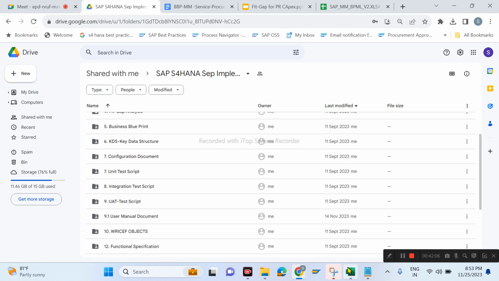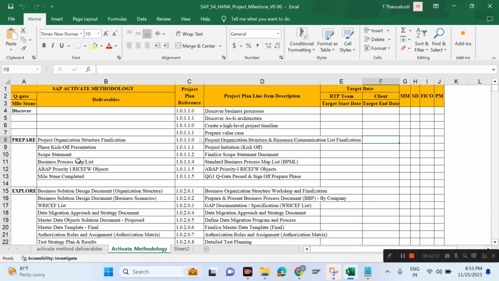Next I will quickly go to this document. Then I think you'll come to know what the deliverables are. I talked about the scope document. I have talked about the BPML. So now, phase by phase, what are the deliverables we are going to do as a consultant in implementation projects,